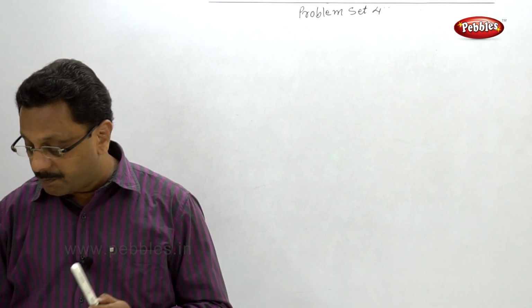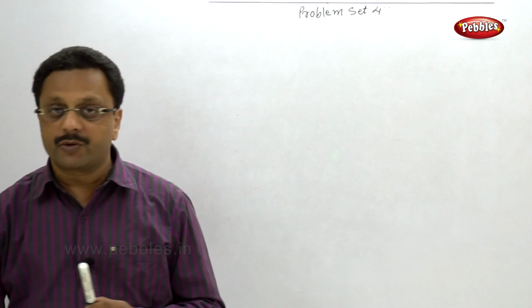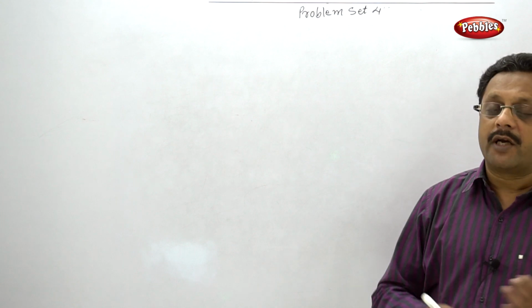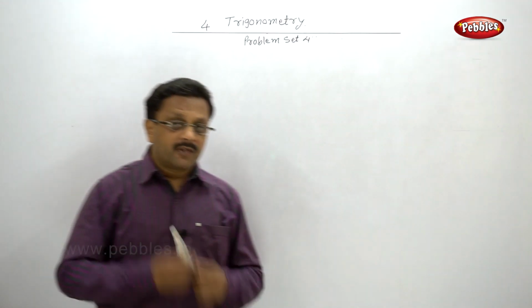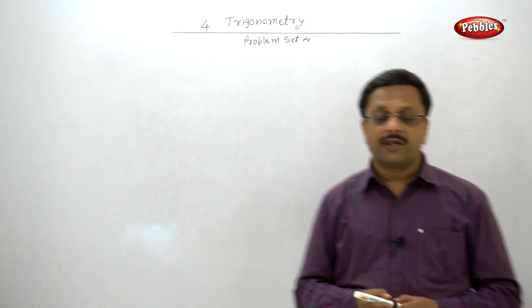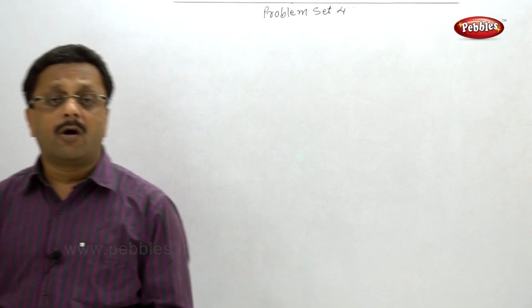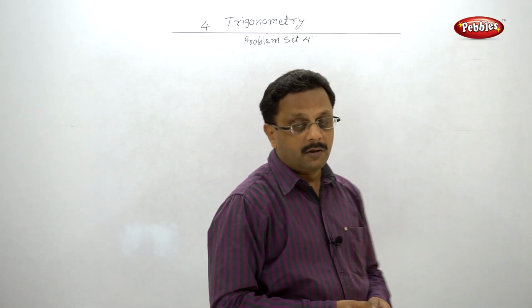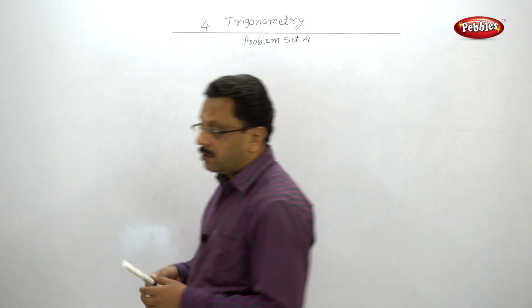Let us go ahead. If the terminal arm passes through the point (4, -7), find all trigonometric ratios. X is 4, y is minus 7, so now you can find out r, that is under root of x square plus y square. From that you can find out the value of sine theta and cos theta, that is y upon r and x upon r, and then you can find out all the trigonometric ratios, because tan theta you know, sine upon cos, then cosec is inverse of sine, sec is inverse of cos, and cot is inverse